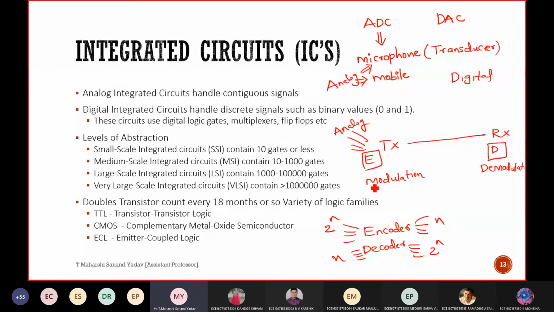Modulation. I think you have read all this. Modulation means adding. There are two types of signals: message signal and carrier, baseband signal and carrier signal. Message and carrier. Now you tell me the definition for modulation. It's the combination of message signal and carrier signal is called modulation. No.